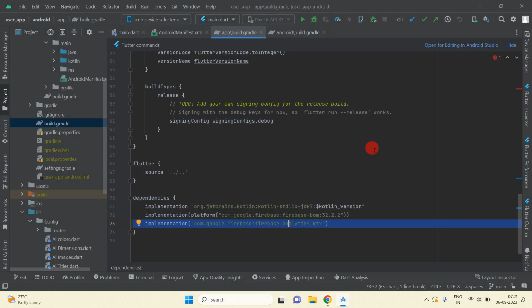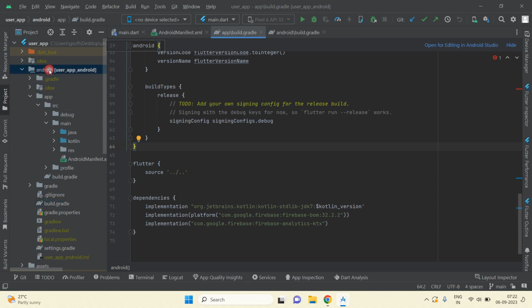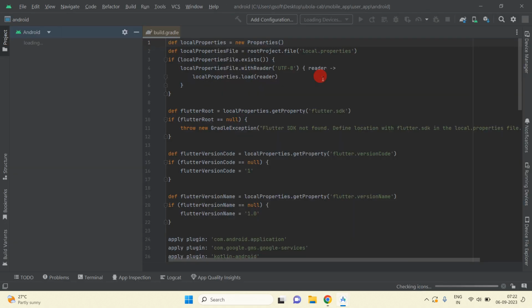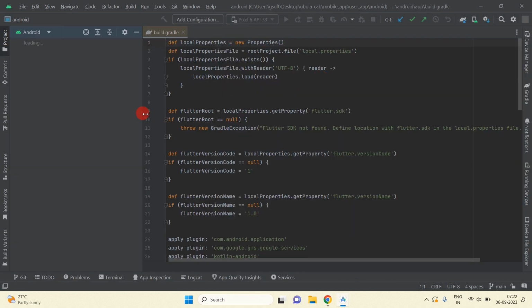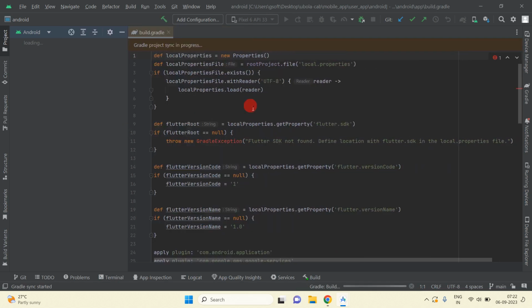Okay, so to get this I'm going to open this Android project. Okay, this project, so just click on this open for editing in Android Studio. So you can see our Android project is going to open. Okay,